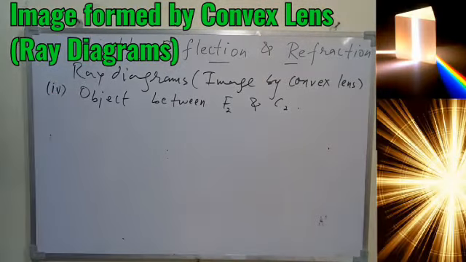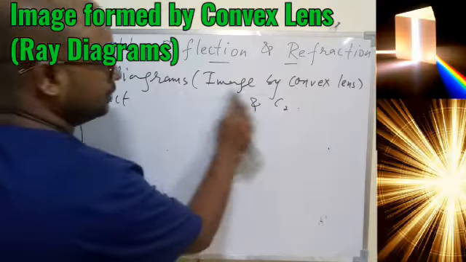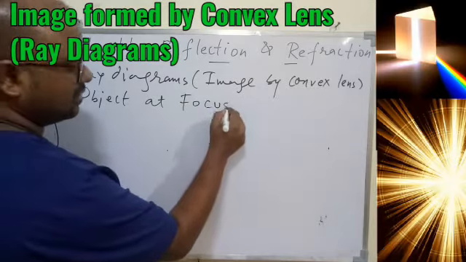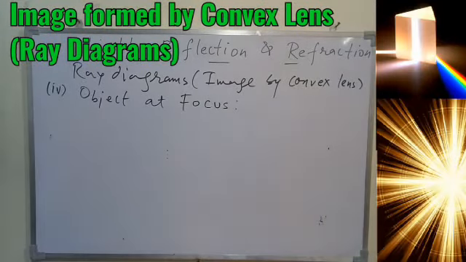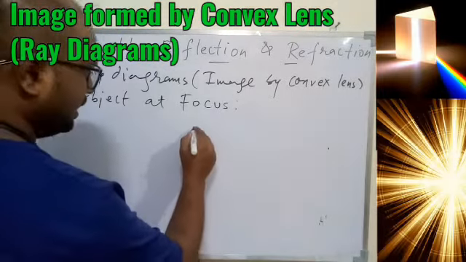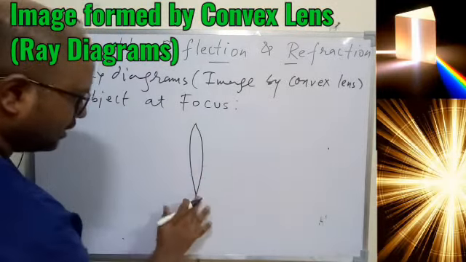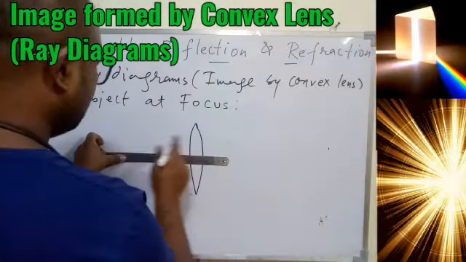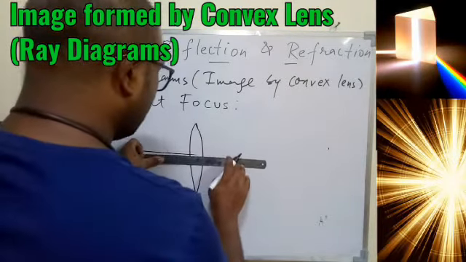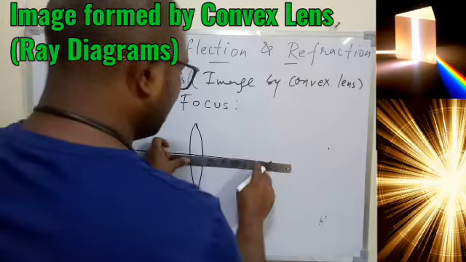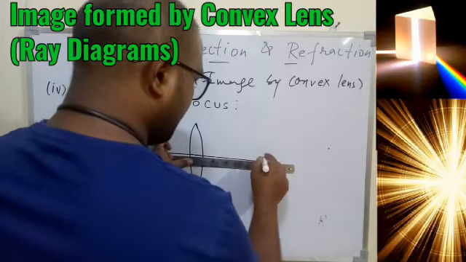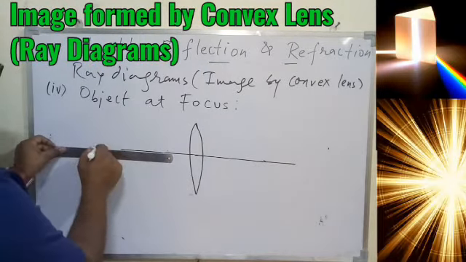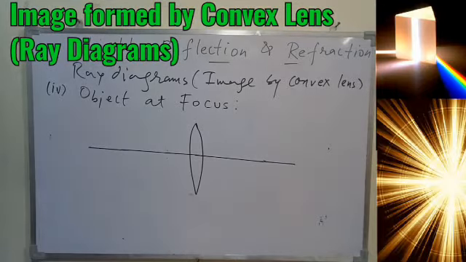So let's go for number 4, and let's try object at focus. So now we are going to place the object at focus itself, and let's see what we will get. So again, very first draw the lens, and always remember lens should be thin lens, it should not be thick. But for clarity of the image and ray diagram, we draw the thick lens, but the lens should be thin enough. And all the rules we are basically applying here are applicable mostly in the case of thin lens.